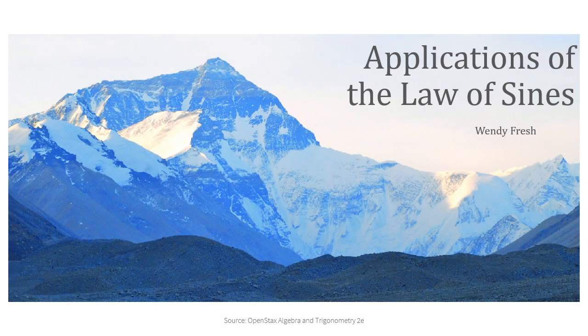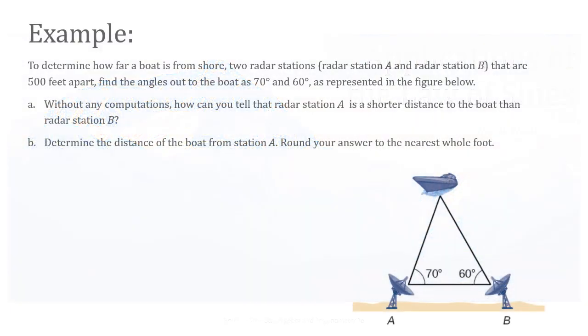In this section, we'll take a look at applications of the law of sines. And here's an example. To determine how far a boat is from shore, two radar stations, radar station A and radar station B, that are 500 feet apart. Let me go ahead and just mark that on here. They're 500 feet apart. Find that the angles out to the boat are 70 degrees and 60 degrees as represented